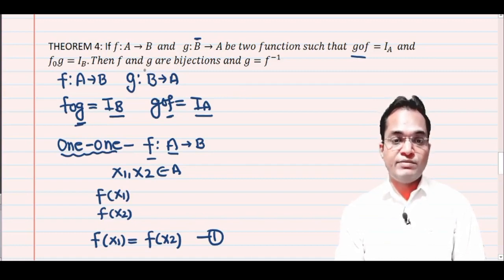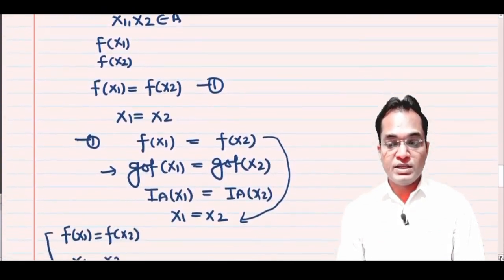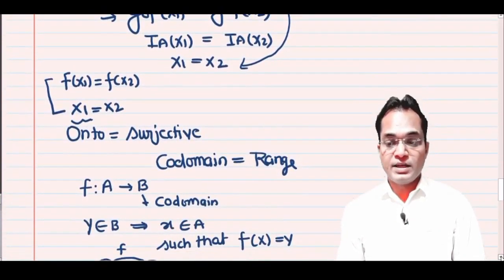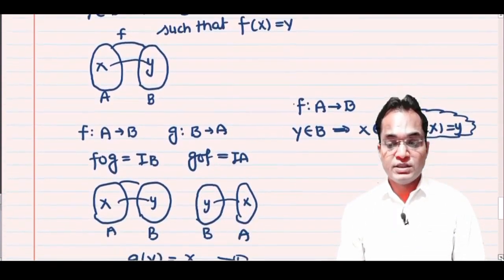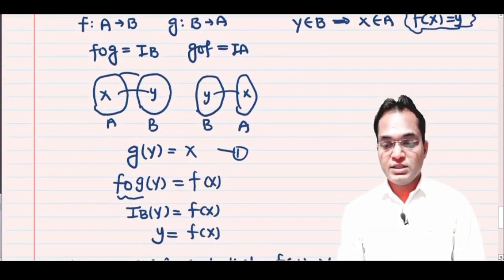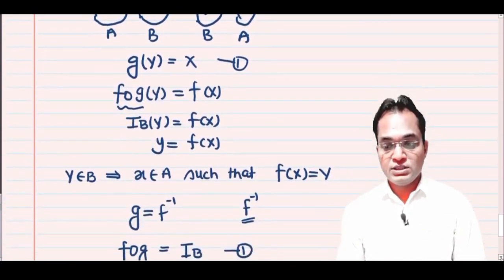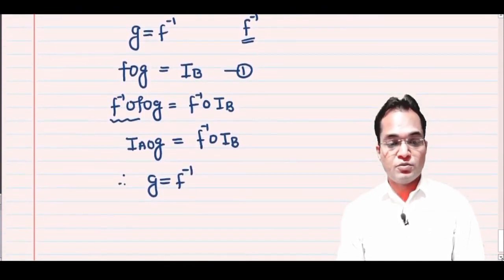Here we proved that f and g are bijective functions, and by the help of the property that their compositions are the identity function, we can easily prove that g equals f inverse. I am scrolling it, you can note down each and every statement on your fair notebook. This is all about theorem number